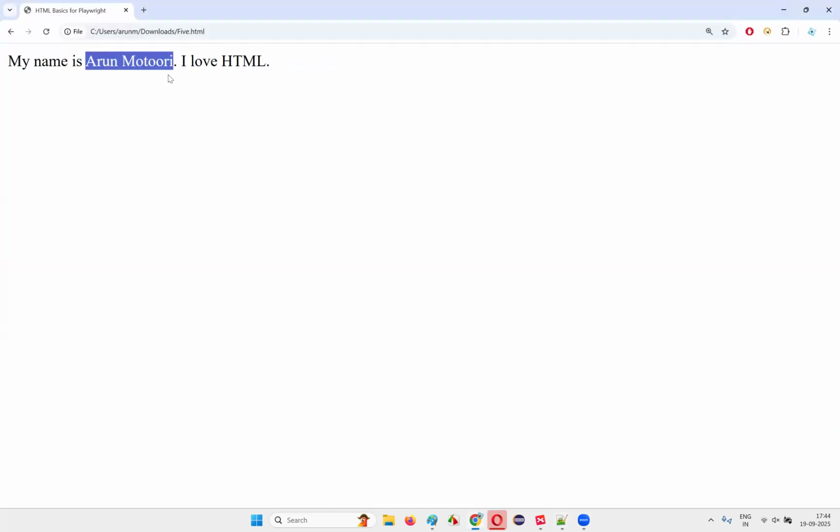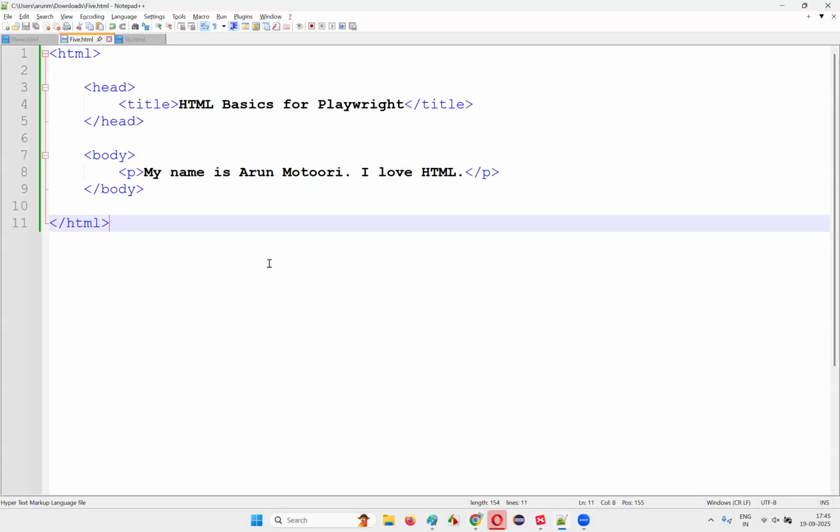I would like to display my name in a different color. Let's say I would like to display my name in orange color. This particular Arun Motor name should come in orange color. Out of the entire text, only my name should come in orange color. In that case, to apply the styling, I can break the single element